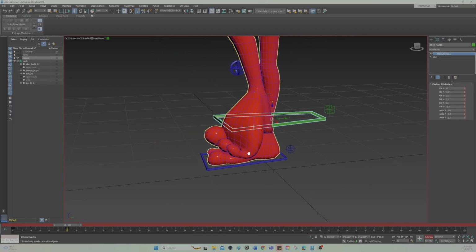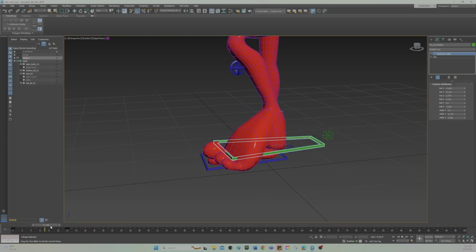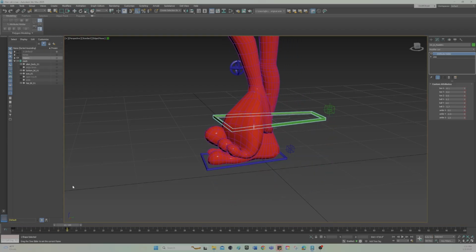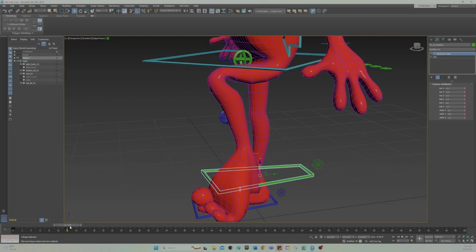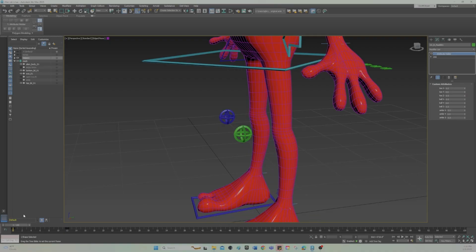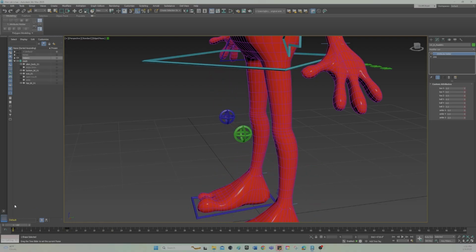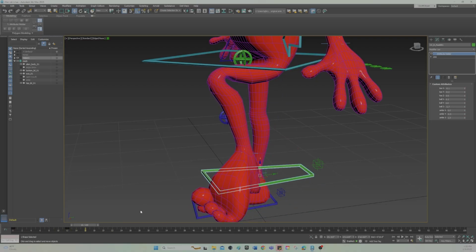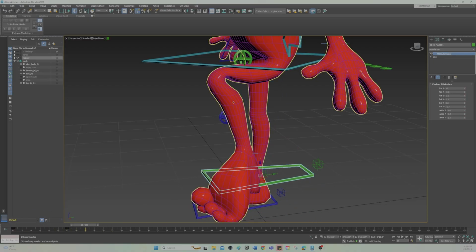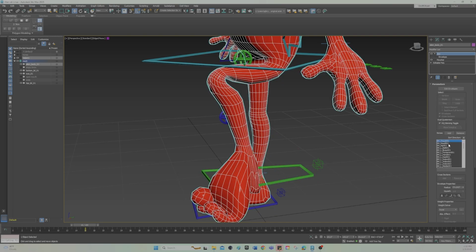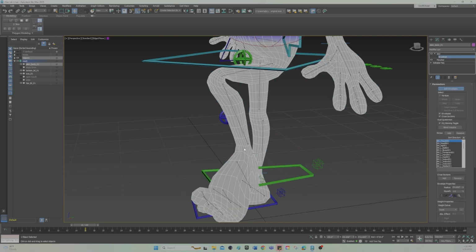Okay, so now it looks kind of strange, but that's okay because what I'm going to do now is turn the auto key off. I'm going to run this back to the start position. What this is going to allow me to do is to see what the joints look like when they've bent without having to move things back and forth over and over again. So this is going to help me to mess with this mesh a little bit. I'm going to go ahead and select the skin, select Edit Envelopes,